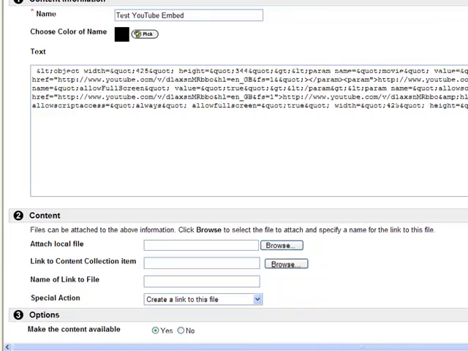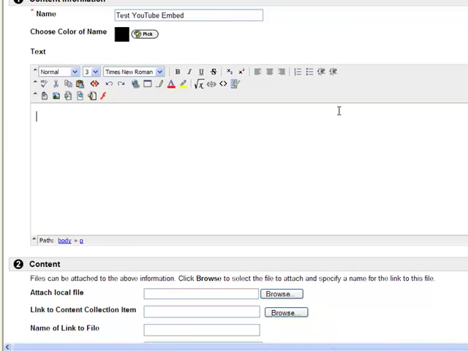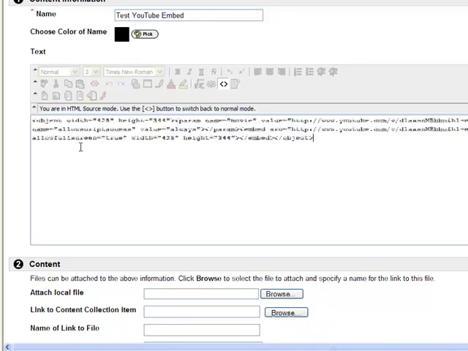So I'm going to go back in and modify this. I'll delete all the code from there. What we want to do is with that code, we want Blackboard to read the code as HTML and to then use that as any HTML editor would use it. So what we've got to do is click on this icon here that says toggle HTML source, and you'll see you get a new heading at the top here saying you're in HTML source mode. Use this button to switch back to normal mode. Okay, we delete anything that's in this box and now we paste the code into here,